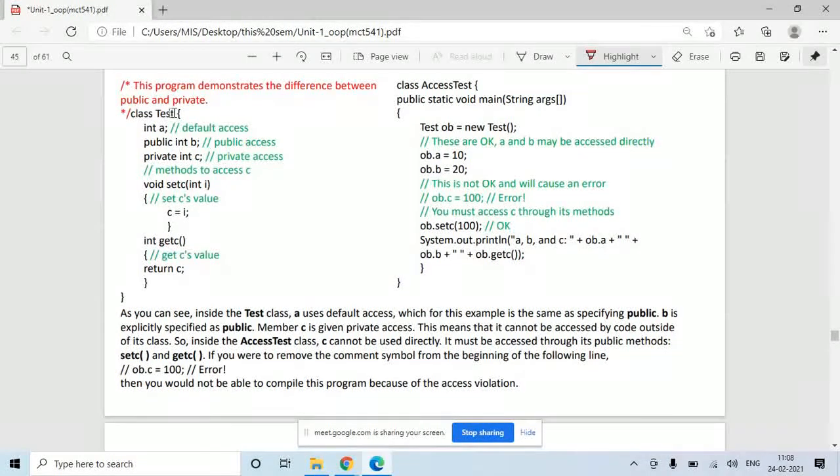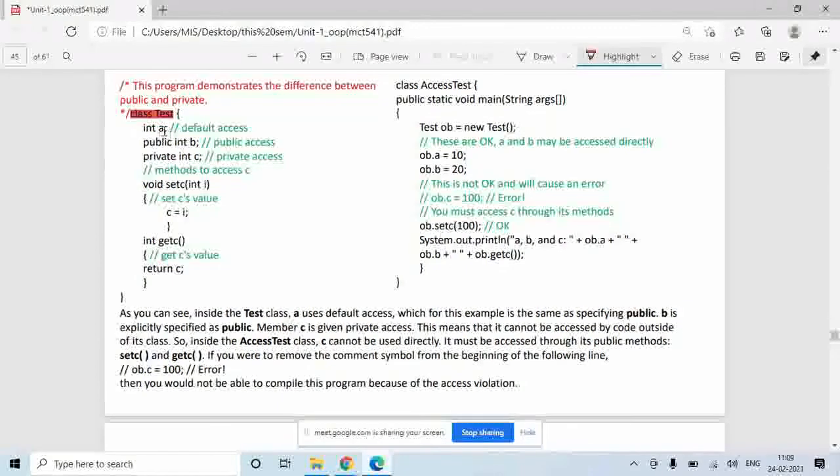We have created one class Test. Inside the class Test we have created three different variables: int a, int b, int c.